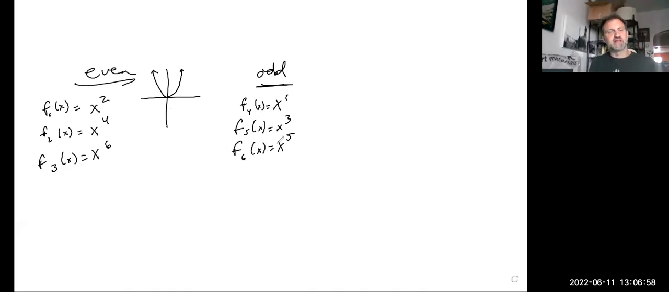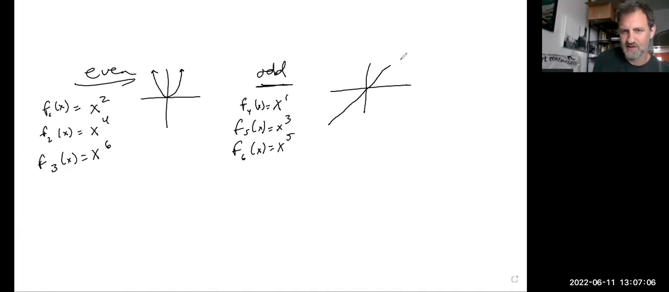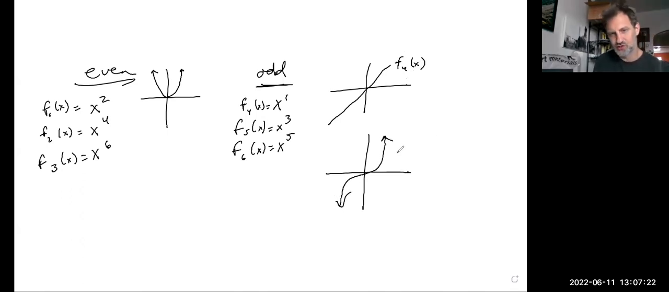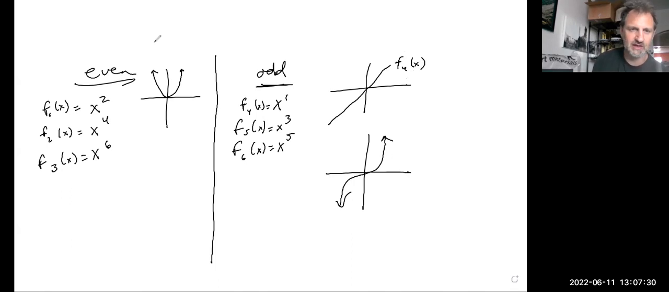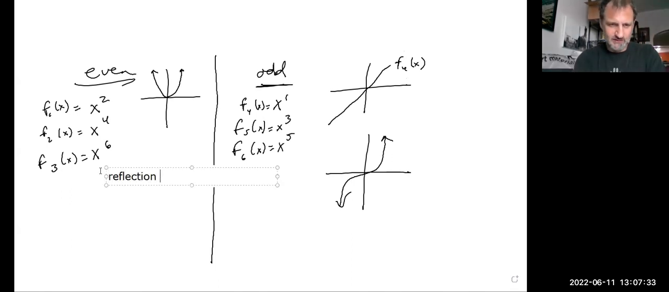Just using subscripts in case I want to talk about these. I'm not really going to talk about them, so it doesn't matter. So this is f of x equals, this is f of 4, sorry, not f of 4, f sub 4 of x. And then the cubic, I come in, come out. That's a cubic function. Okay, so these are odd symmetry, these are even symmetry. What does it mean? This is a reflection about the y-axis,